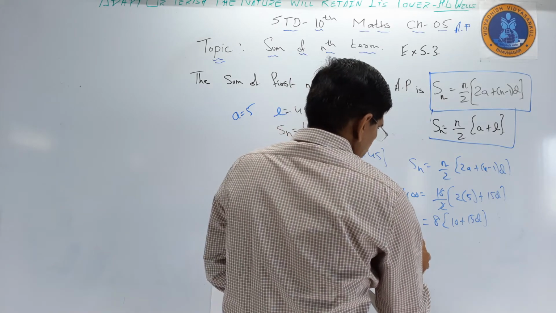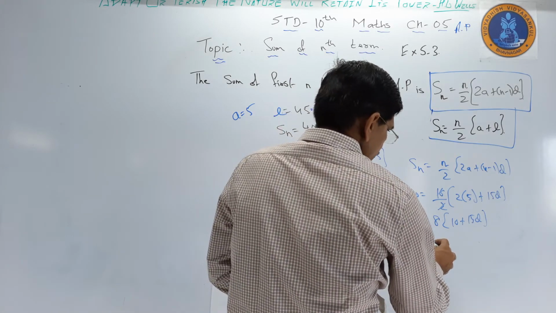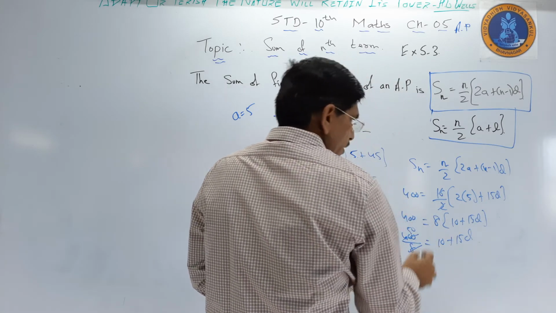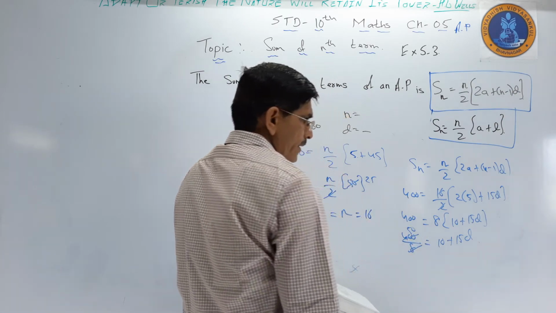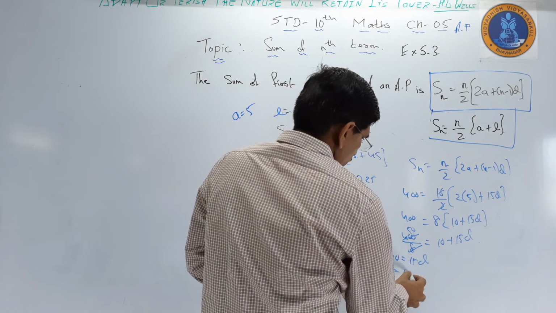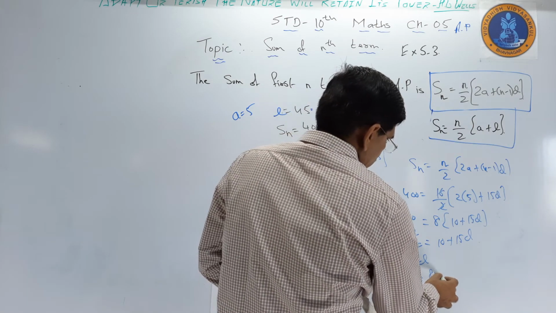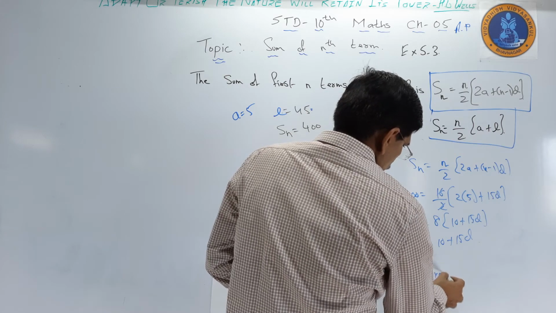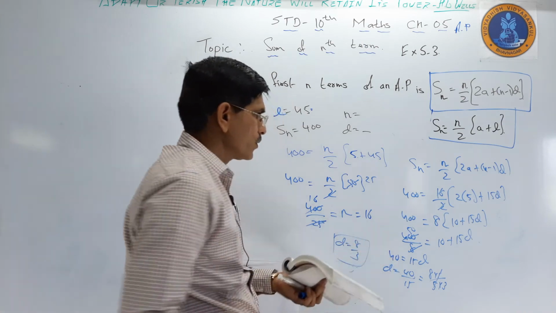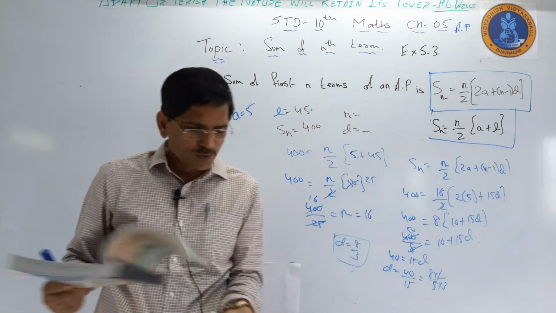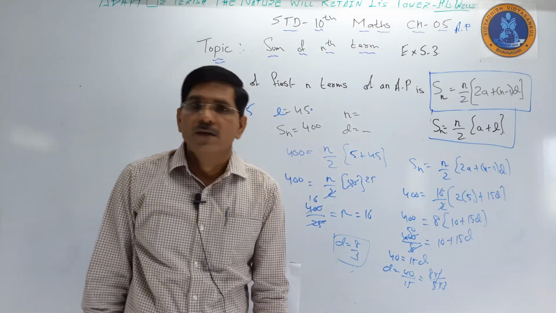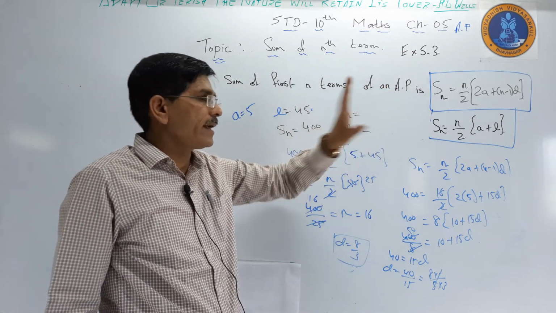So, 400 divided by 8 we can do, 10 plus 15d. 8 5s are 40. So, 50 minus 10, that is 40. So, 40 is equal to 15d. d is equal to 40 by 15, that is 8 5s are and 5 3s are. So, 5 5 cut. So, d is equal to 8 by 3. So, two values we can get by using this. The important thing is that we use the formulas for Sn and n.